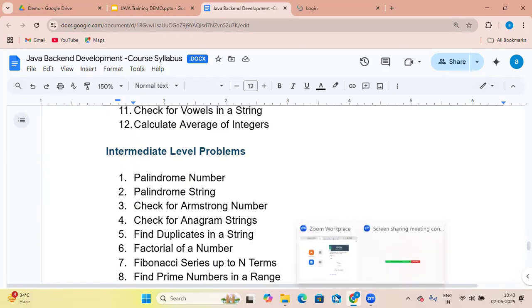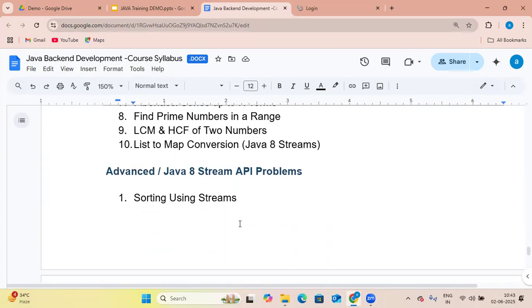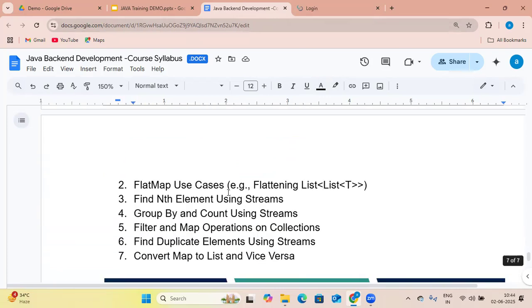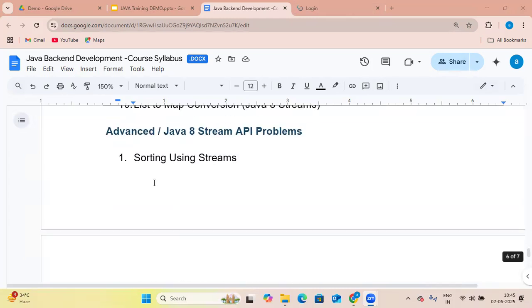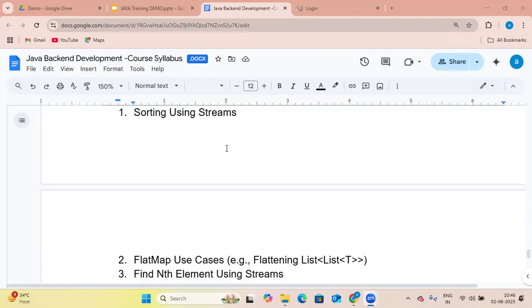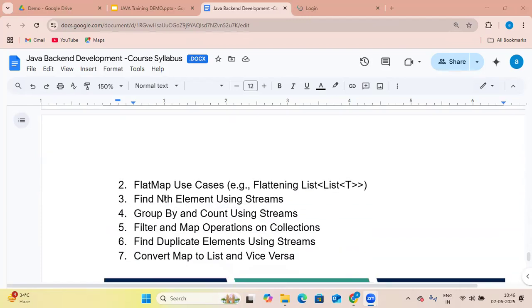Now, after that, we will see the advanced version of Java 8. So here we will cover sorting using the stream, or the flat map and its use cases. So we will cover, in advanced Java 8 Stream API, how to do sorting using the Stream API, and the use of the flat map